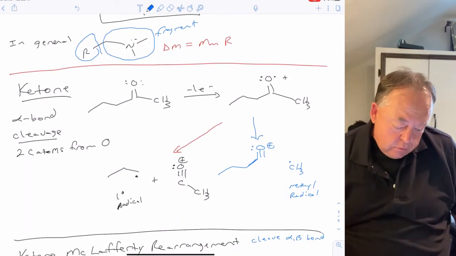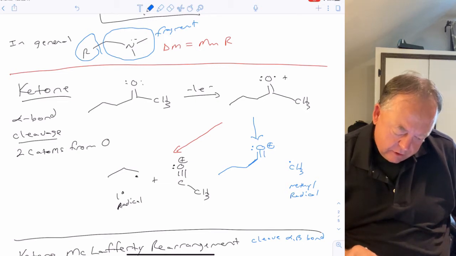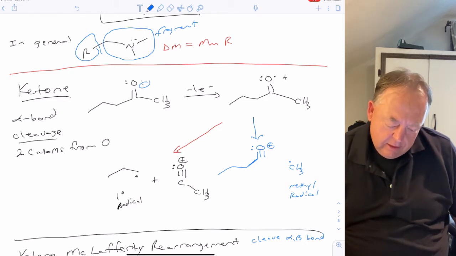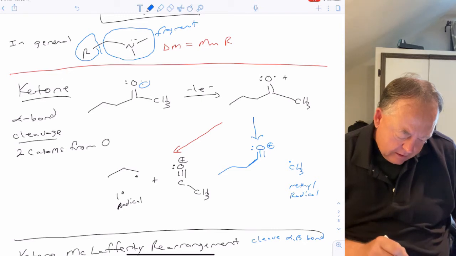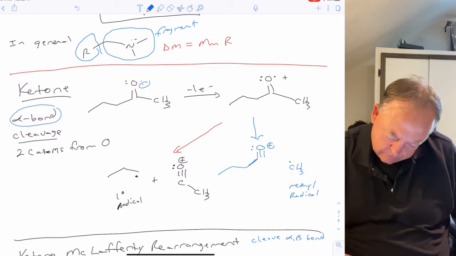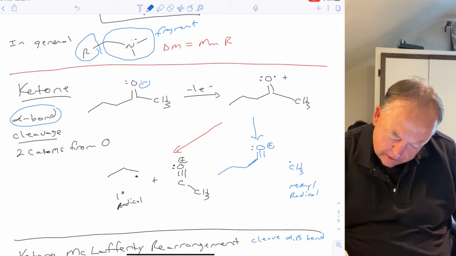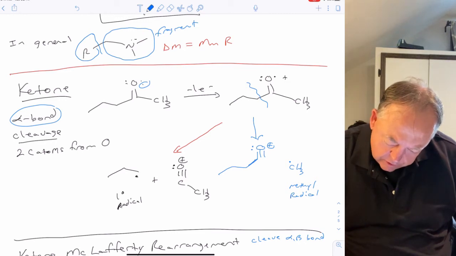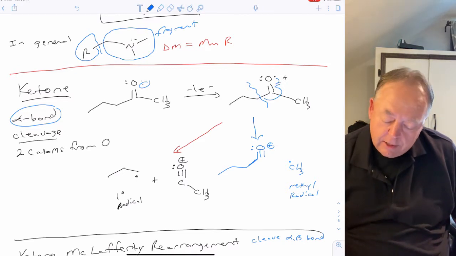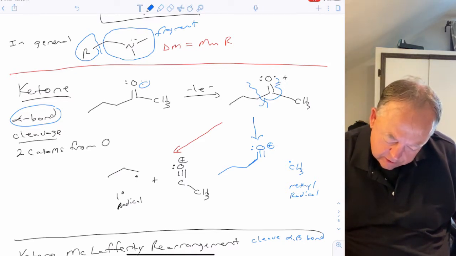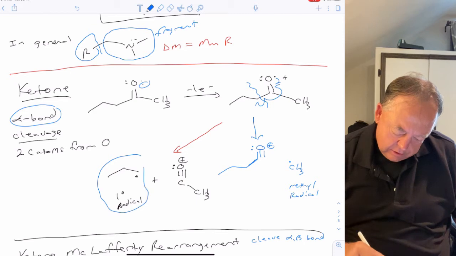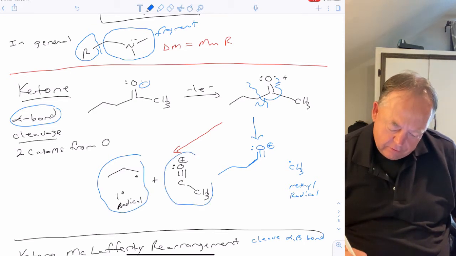Okay, so for ketones, again, anytime with an atom with a lone pair, you're going to knock an electron off from the non-bonded electrons, and then this ketone can fragment by cleaving the alpha bond. So that's going to be by cleaving that bond. What we want to do is move one of these electrons from that bond over to make a triple bond now between oxygen and carbon, and this other electron would go to that carbon. So in this case, you would get a primary radical, and that would be the fragment peak that you see